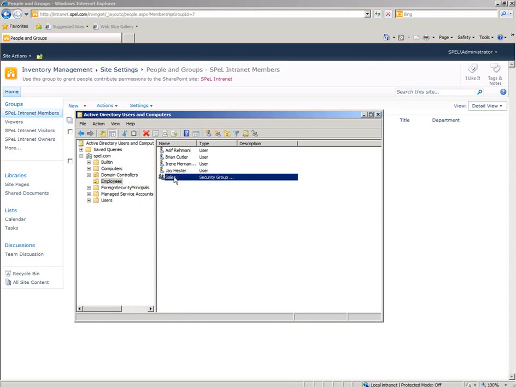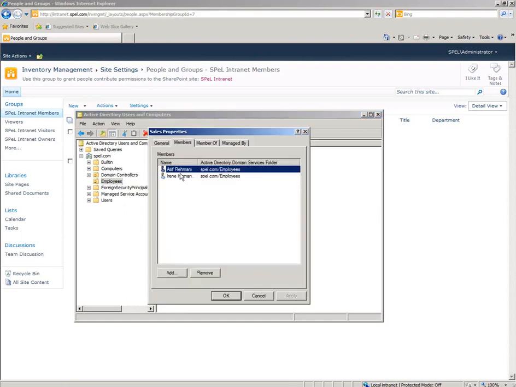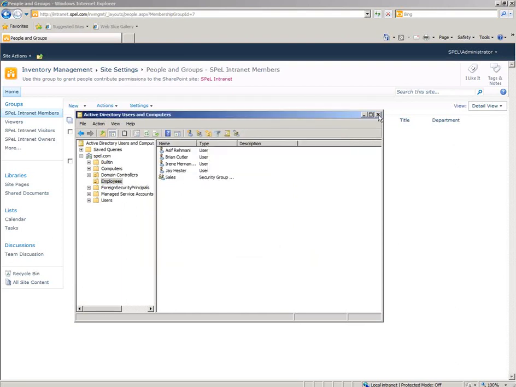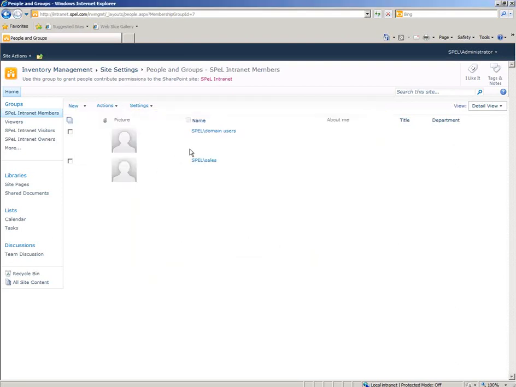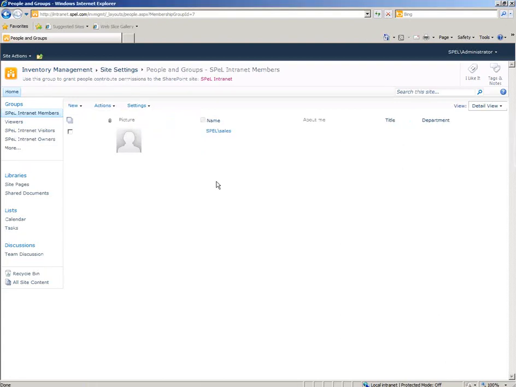Here's a sales security group, and the members for that are Asif, so that's me, and also Irene. Now, in this case, of course, it doesn't matter as much because I have all domain users also as members. If I took them out, if I did this, let's remove users from group, remove domain users. So now only me and Irene, and of course the administrator, have the member privileges